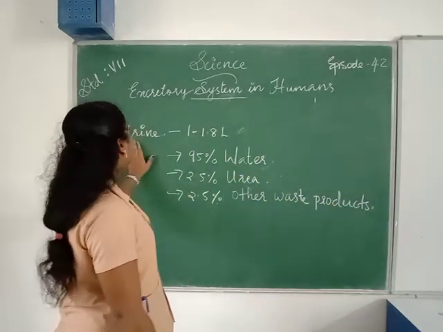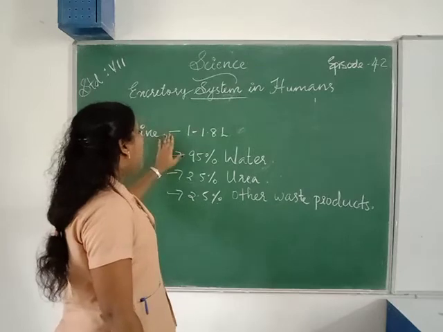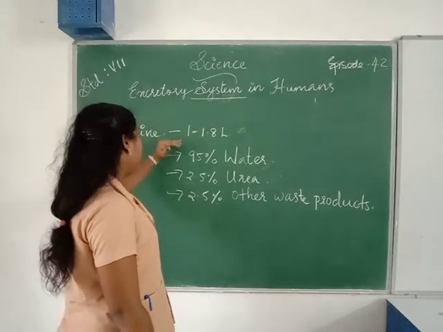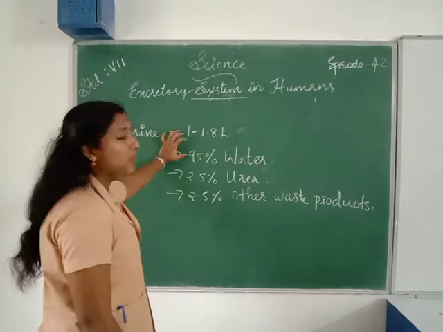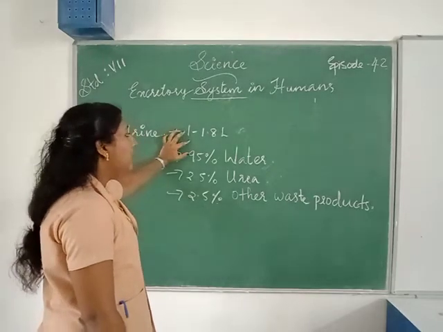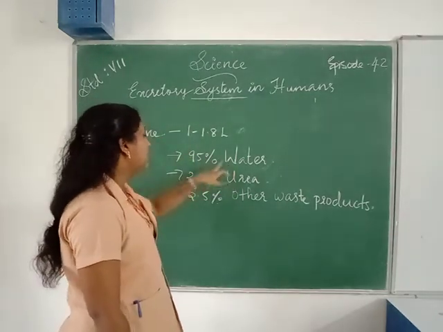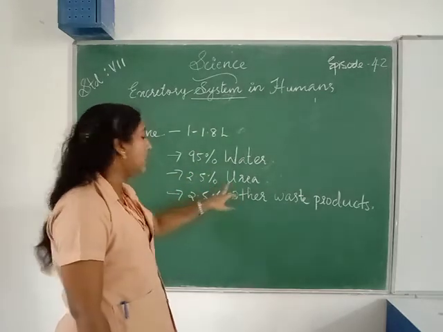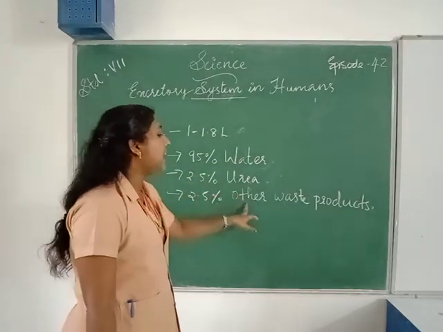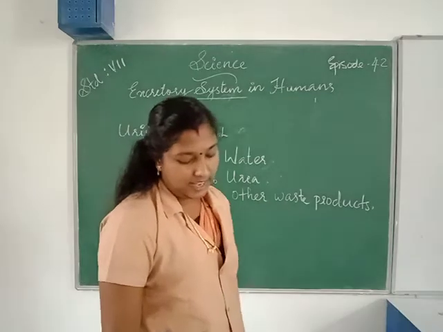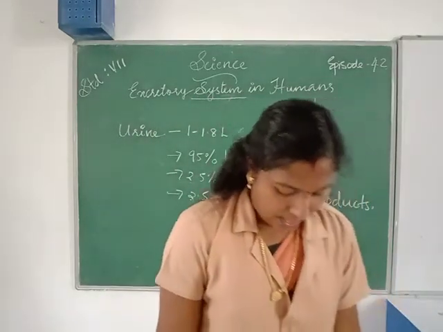Once again, an adult human being normally passes 1 to 1.8 liters of urine in 24 hours. It consists of 95% water, 2.5% urea, then 2.5% other waste products. And also